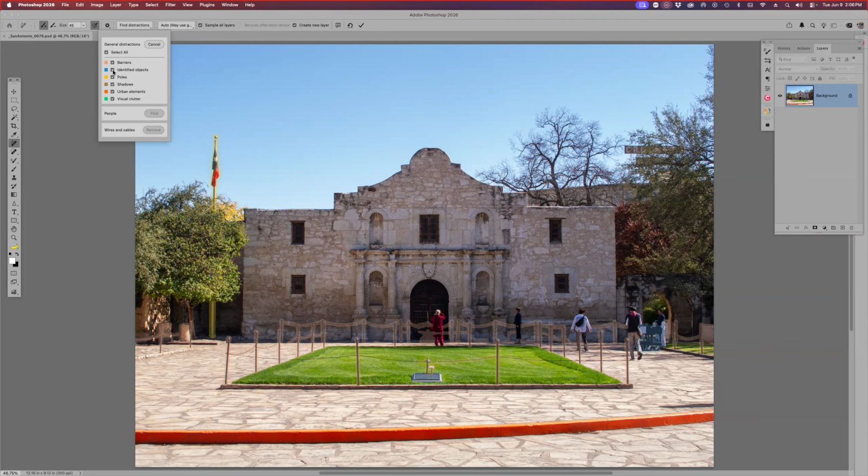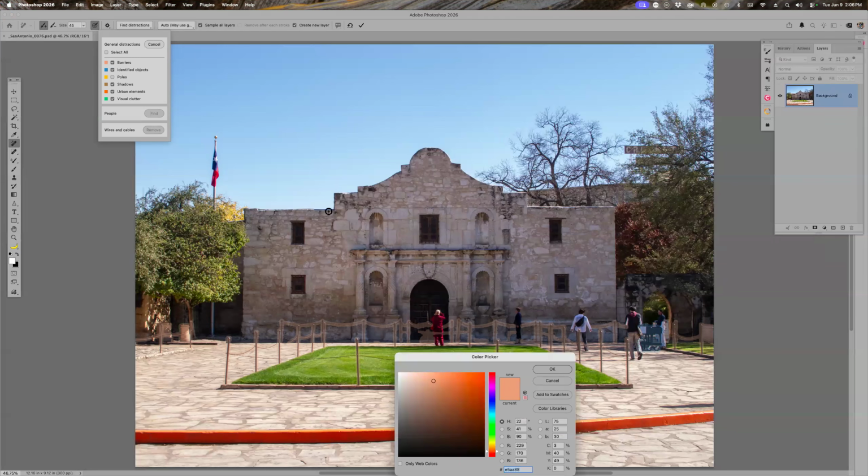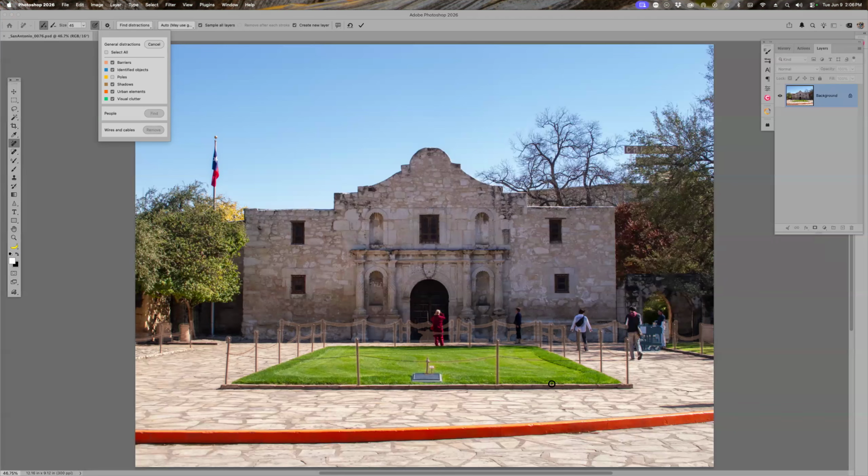But poles, it has the flagpole and the flag that it wants to take out. Well, I want to keep that. I don't want to lose that. So I'm going to unclick it. And with these colors on the left-hand side, you can change those. So like barriers, if I click on that, I can go into my color picker and pick any color I want to use along with any of the others. And say, okay, that's good. We can live with that. So we'll click OK,